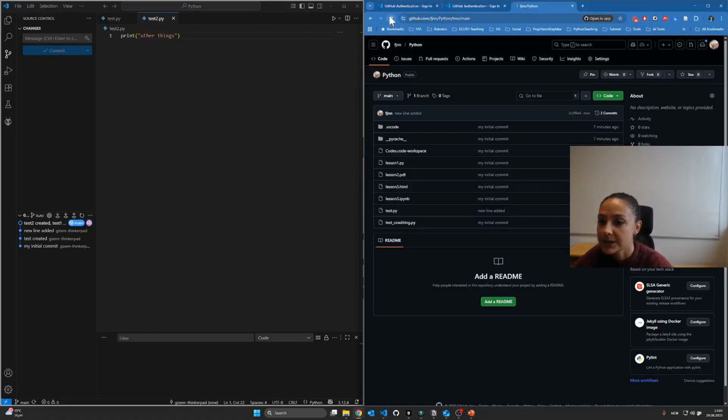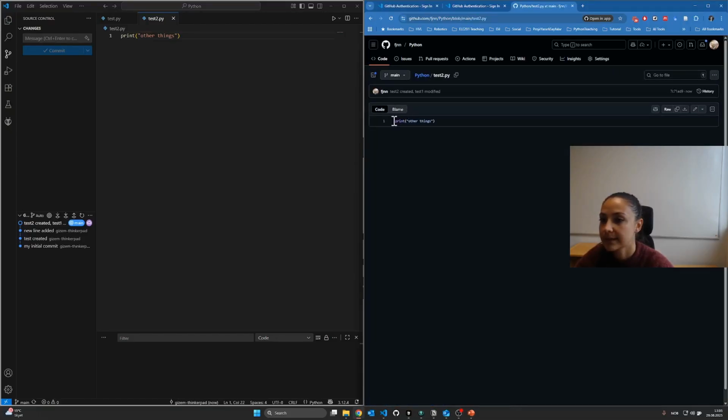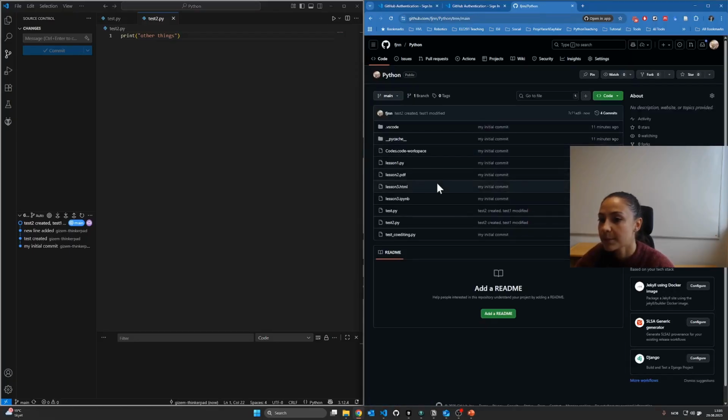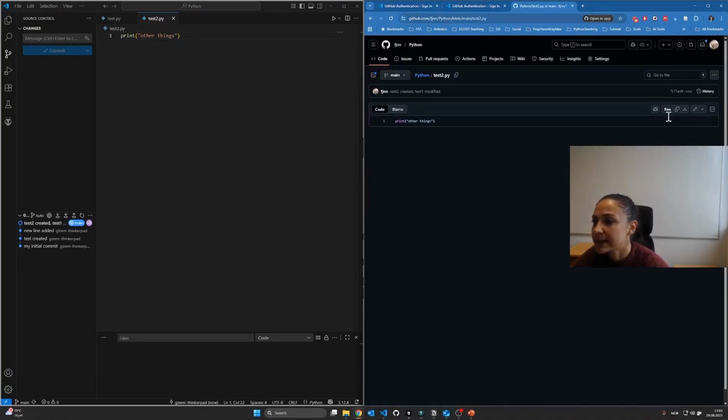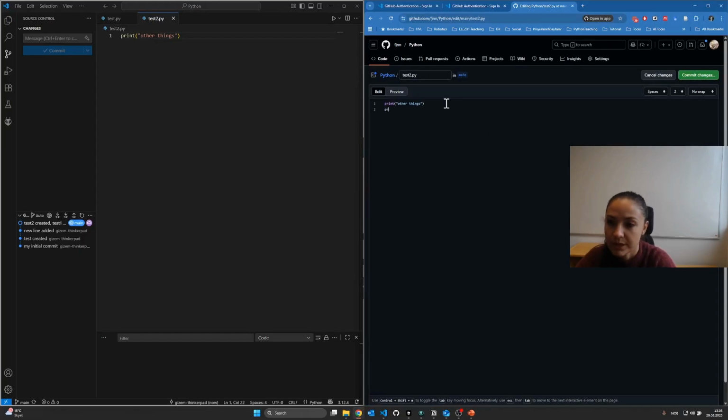So I can refresh. And test.py is also updated with the content, print other things. So far so good. But what if something changed on the cloud? Either your colleague has updated the remote or something that you decided that is not actually needed. For example, you go to test.py and you think that actually you don't need this file, or maybe you want to edit this file. I can say print